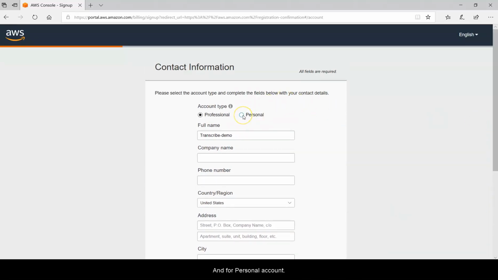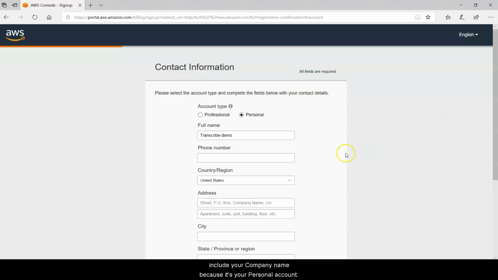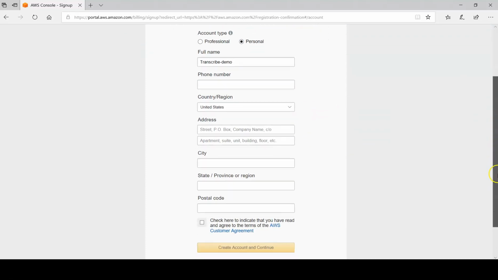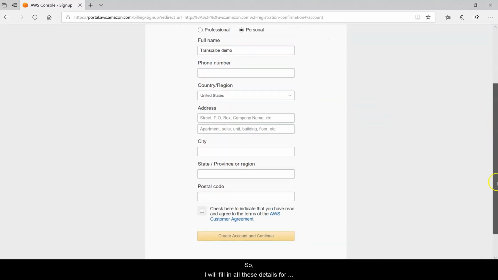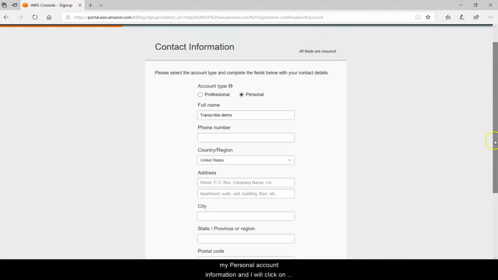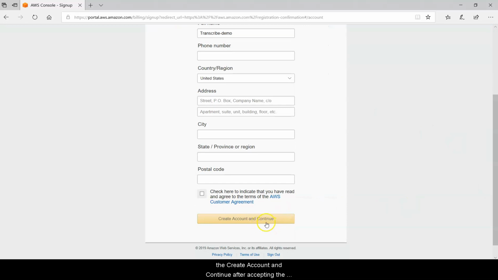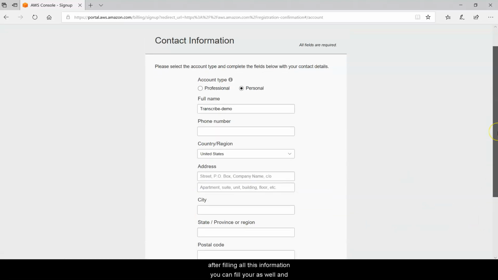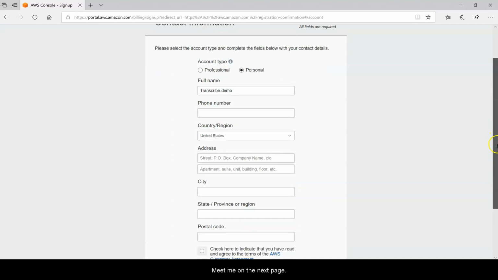And for personal account, all of the things will remain same, but you don't have to include your company name because it's your personal account. So I will fill in all these details for my personal account information, and I will click on create account and continue after accepting the terms and conditions, and I will see you on the next page after filling all this information. You can fill yours as well and meet me on the next page.